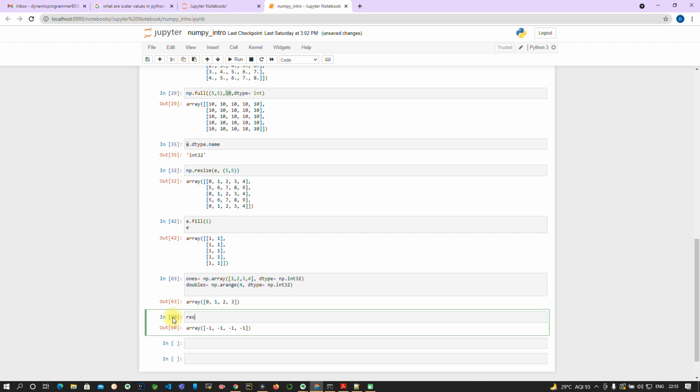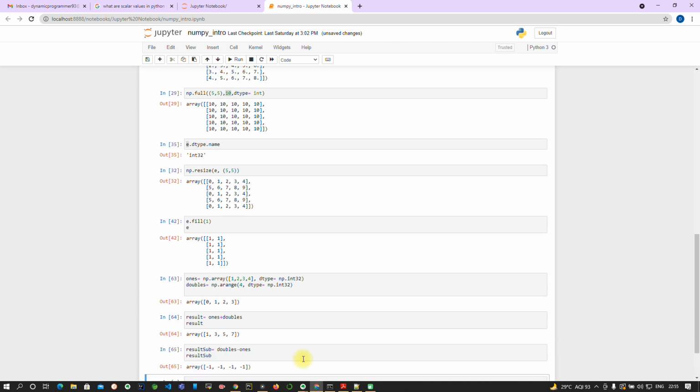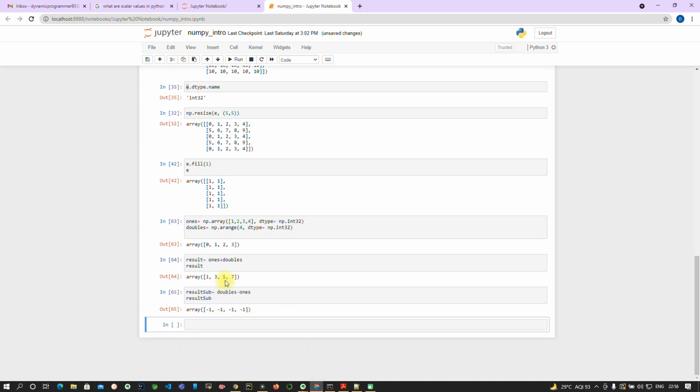Our result array will be like this. If I want to add ones plus doubles and print the result, you can see it is adding all the elements present in both arrays. The same thing I can do with minus, so we can do the minus operation also.